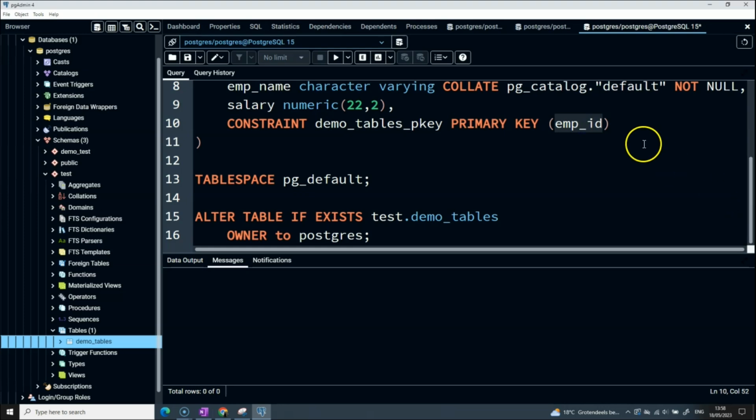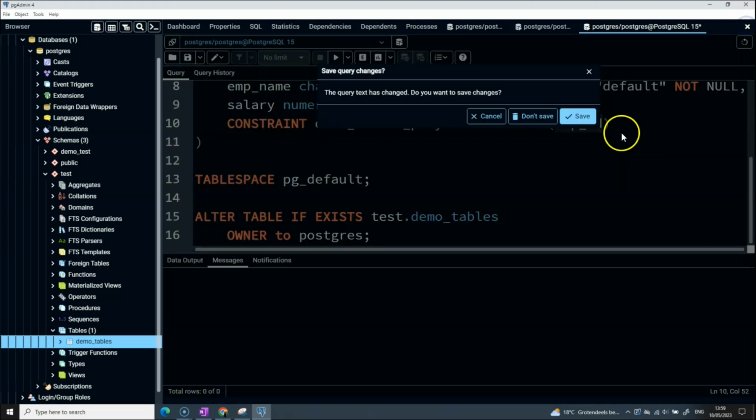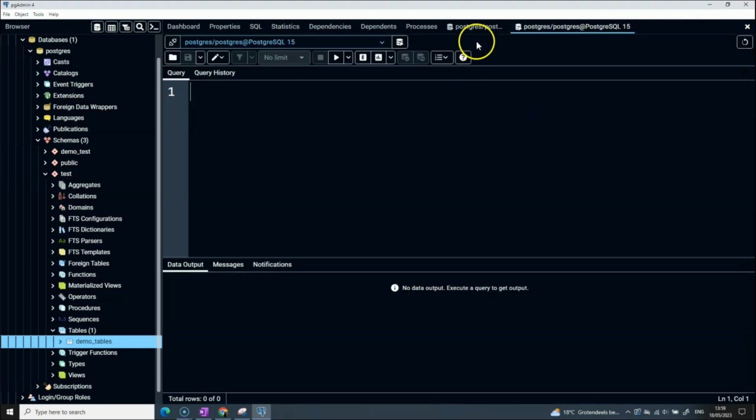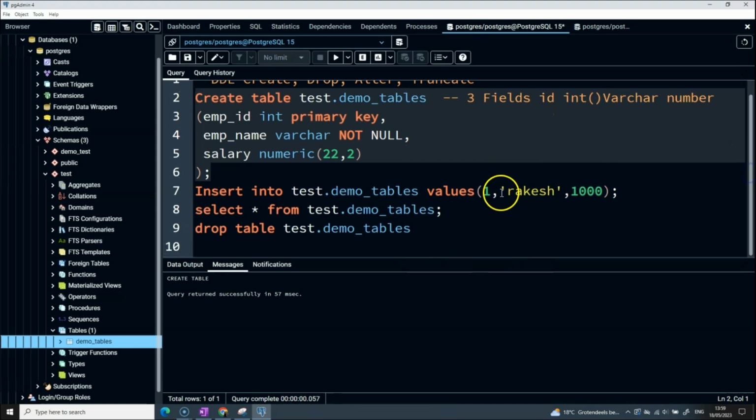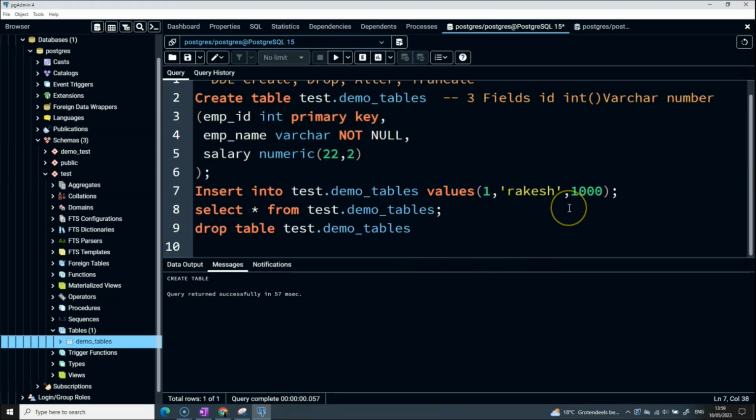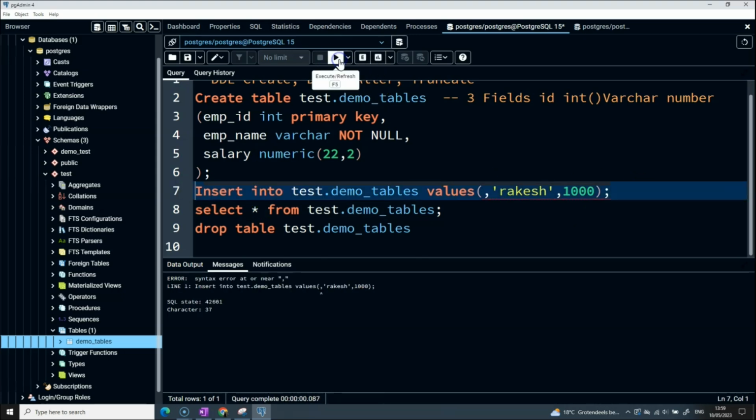You can create a composite key also, meaning you can include two columns, employee ID comma date or name or salary, anything else. Okay, so again, if I try to insert the same value 1, first we will try with a null value. It's a syntax error because here we need to write null. It should fail. So I am saying null,